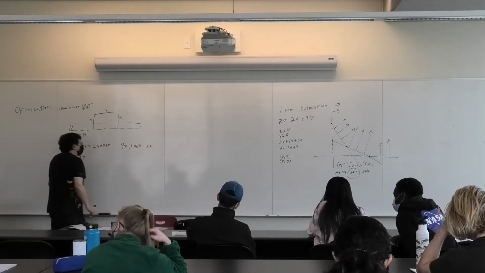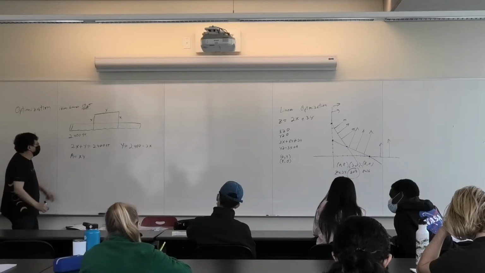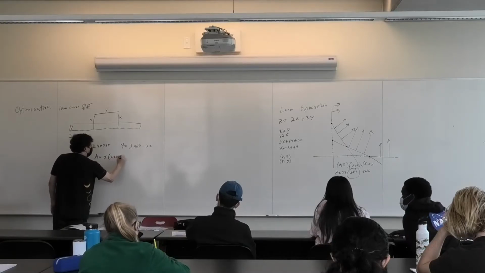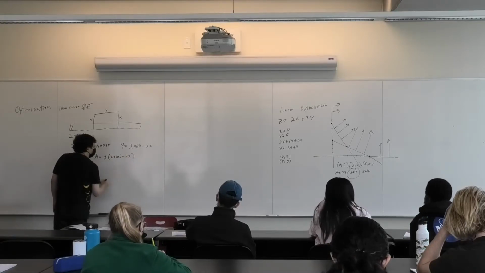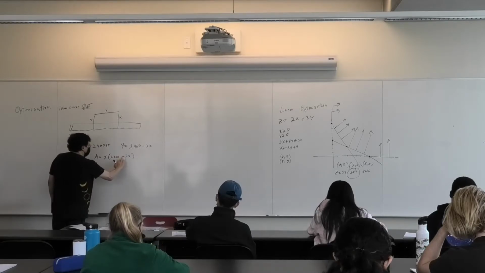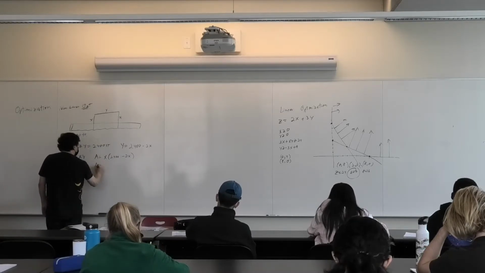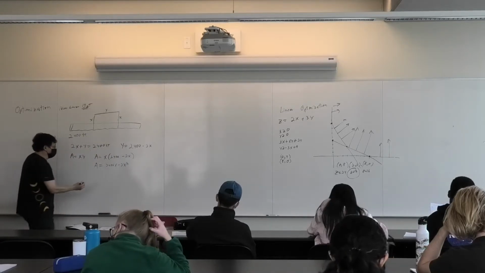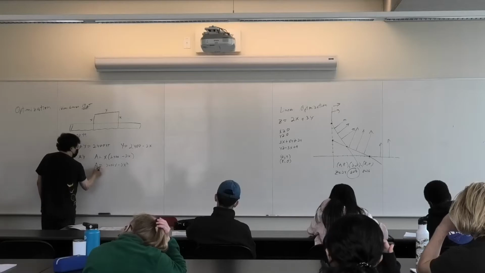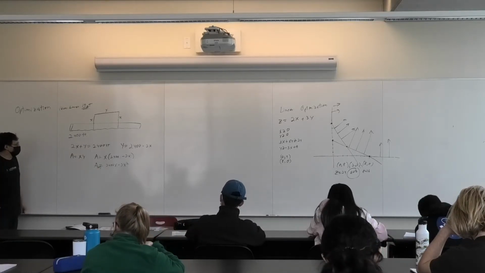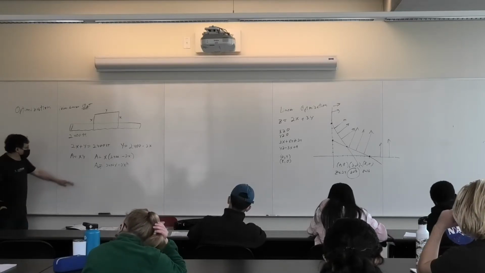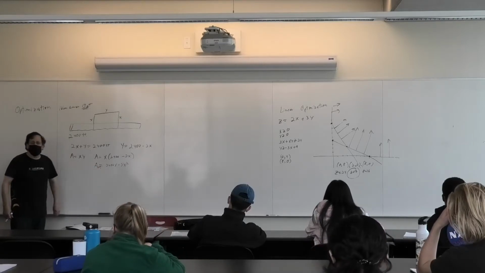And we'll then substitute it in here. A equals x times 1200 minus 2x, or A equals 2400x minus 2x squared. And it might be nice at this point to reference A as now a function of x. So if we want to maximize A of x, what would be the obvious thing to do here?